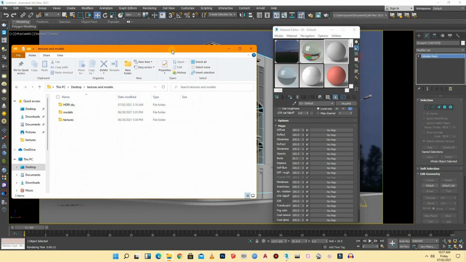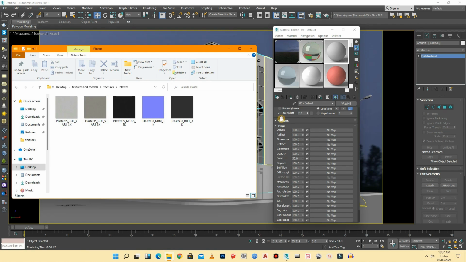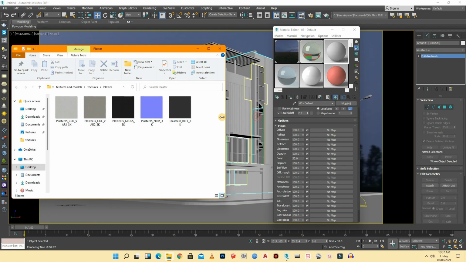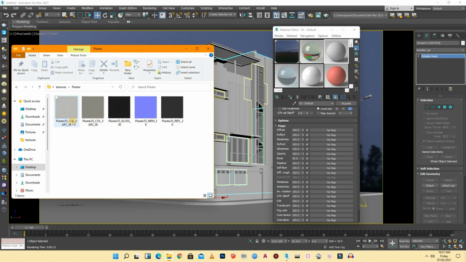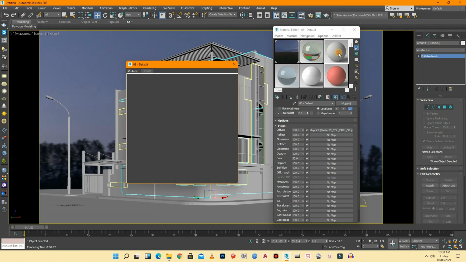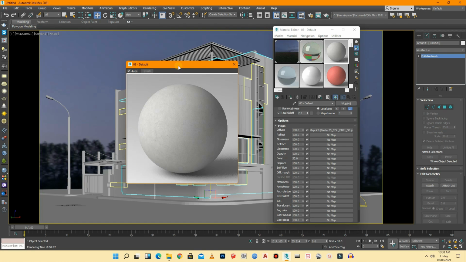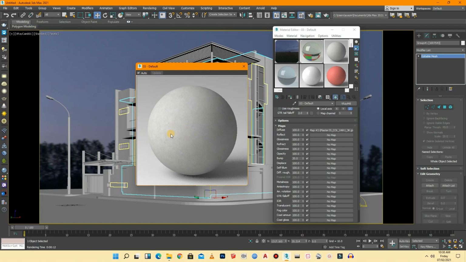So I have some textures here. Let's make some plaster. So I will put the color texture into diffuse. So you can see it has the texture of the plaster here,